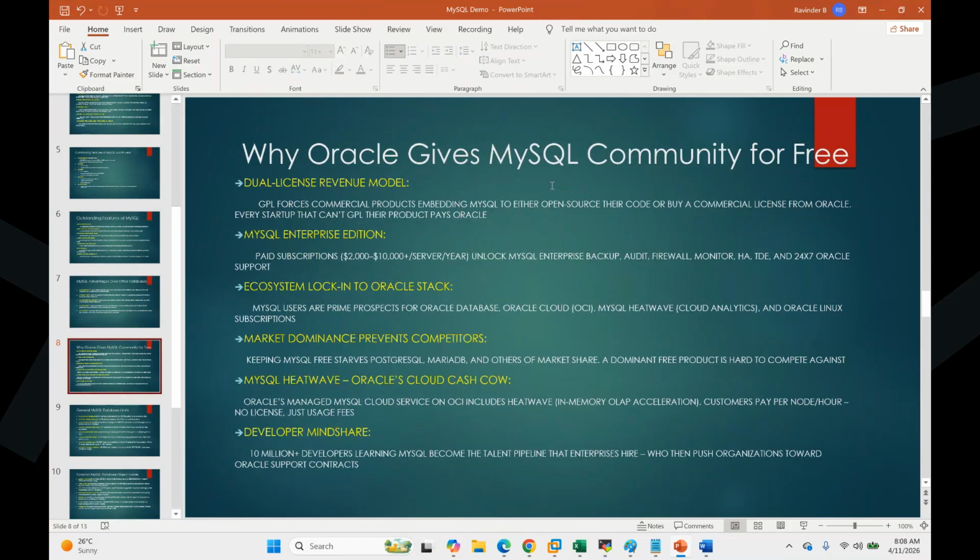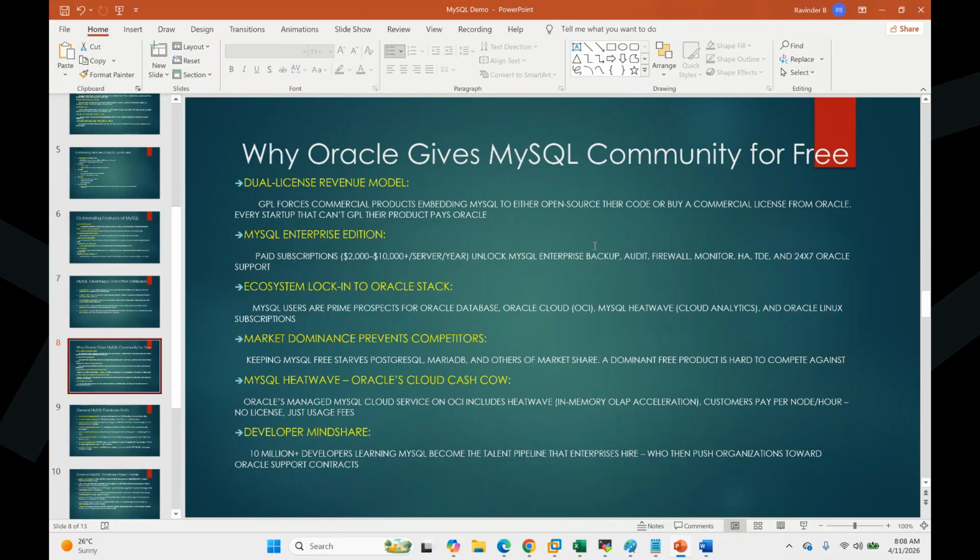Why does Oracle give the MySQL community edition for free? I said this in the beginning itself. Initially there was the European Union. The Swedish company comes under the European Union. They filed a case against Oracle that they were going to take the free MySQL product and make it licensed. People can't use it then, and a lot of people had already implemented it. So they passed a law.